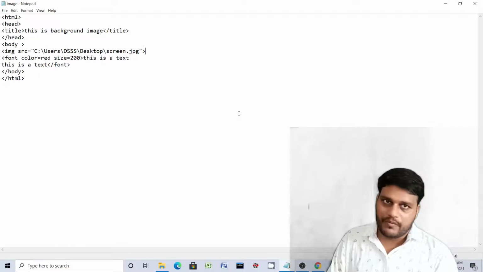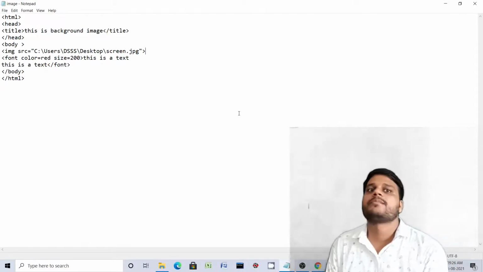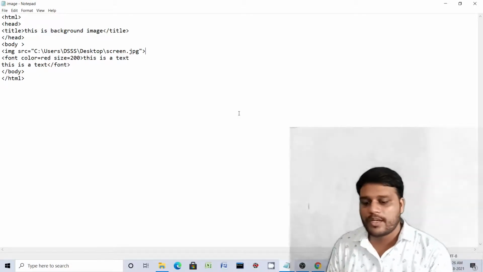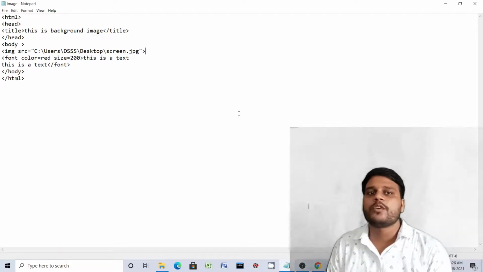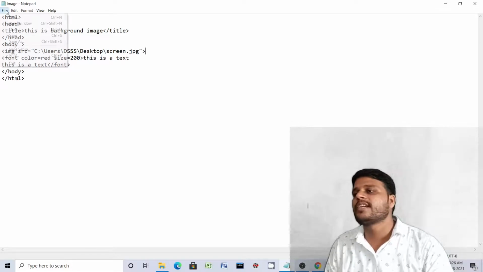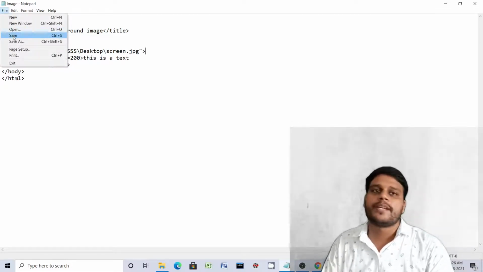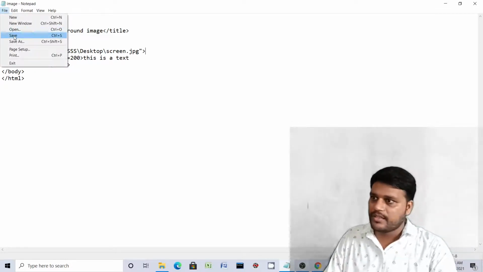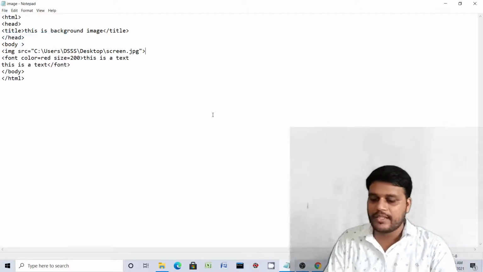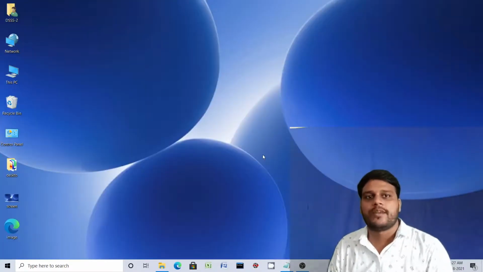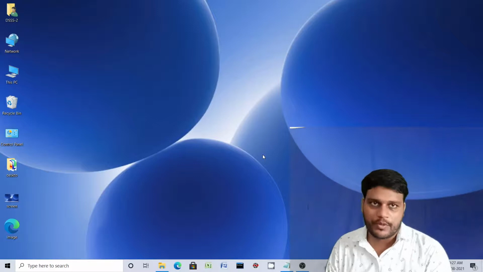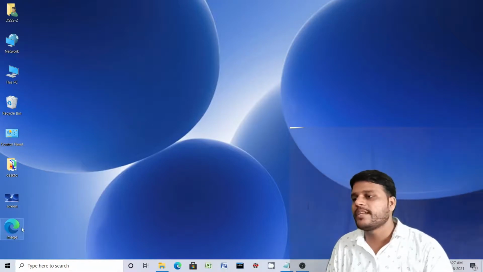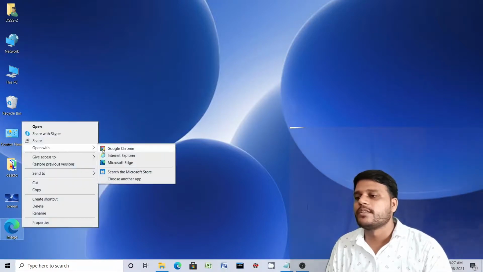Each and every time whenever you are editing your code, you have to click on save, so that the changes can be saved and will be displayed in the web browser. Okay, then click on save. After that you do your changes whatever you have made in this document, that is you are setting the image as a foreground. Then you have to click on that image and open with Google Chrome,